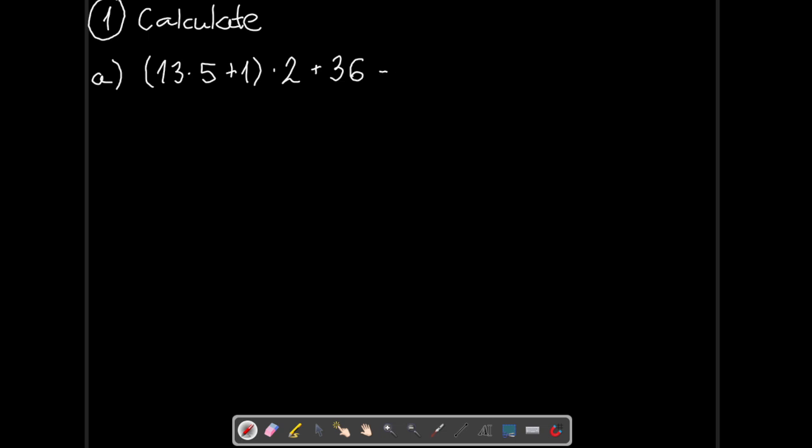So, of course, we need to solve the brackets first, whatever is inside this bracket right here. Inside we have a multiplication and addition. So we know that multiplication inside this bracket, we do not have any other brackets,